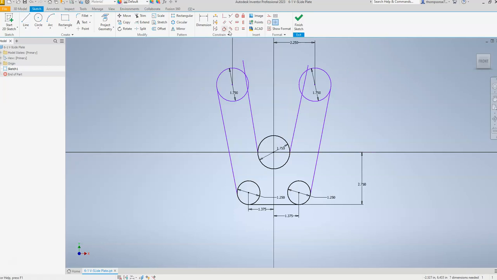And those 2 lines are going to be tangent to the inner circle as well. Right, and then it also says that these 2 lines are going to be parallel to each other. And it gives us a distance of 1.625. However, you want to make sure you put the parallel constraint on this before putting your dimension on there,